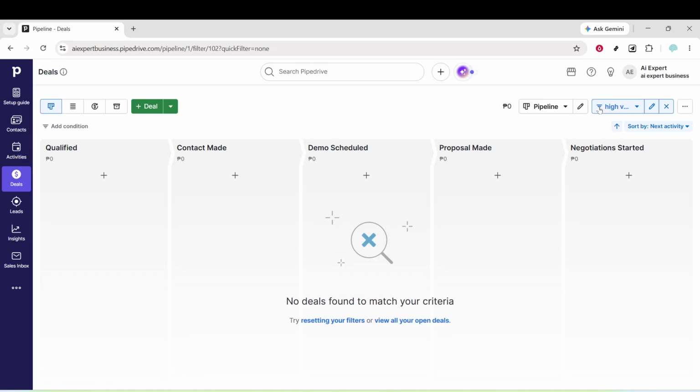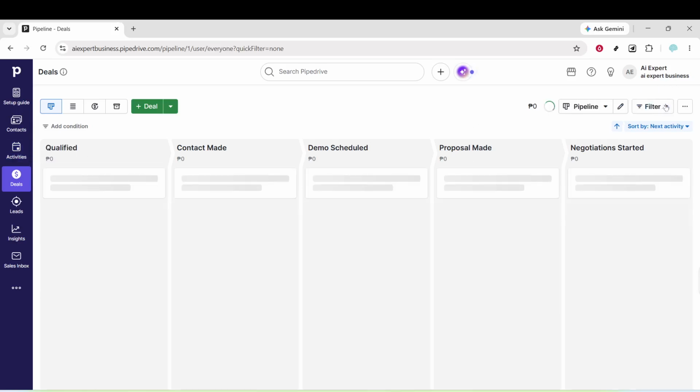So why would you use this? Well, here are a few examples to get your brain working. Create one called My Deals, so you only see what you own. Create High Value Deals to focus on your biggest opportunities. Open Opportunities is perfect for seeing what is still alive. Won Deals is great for celebration and reporting, and Follow-Up Required will show you every deal that needs some attention